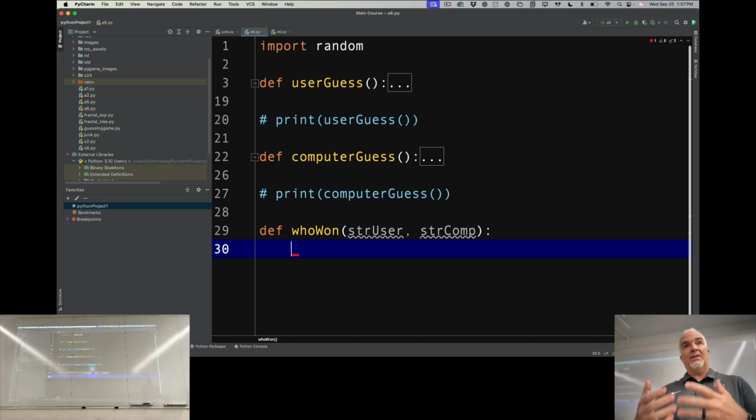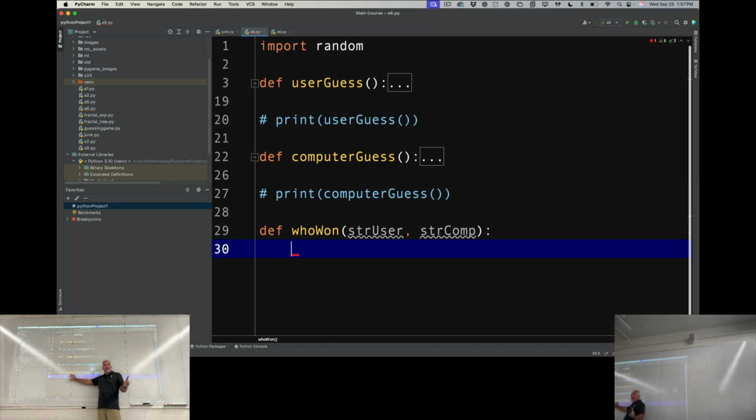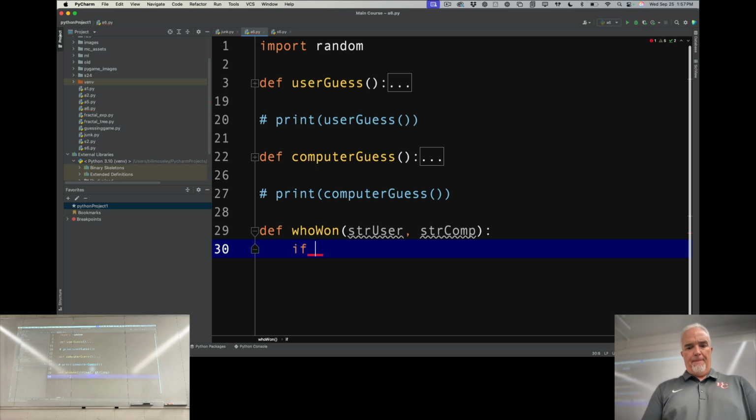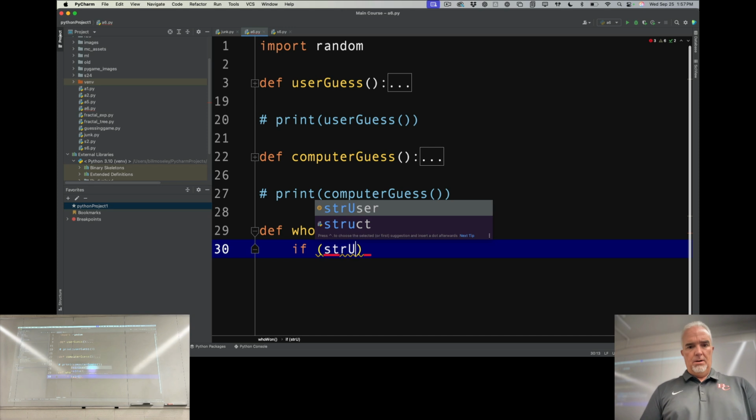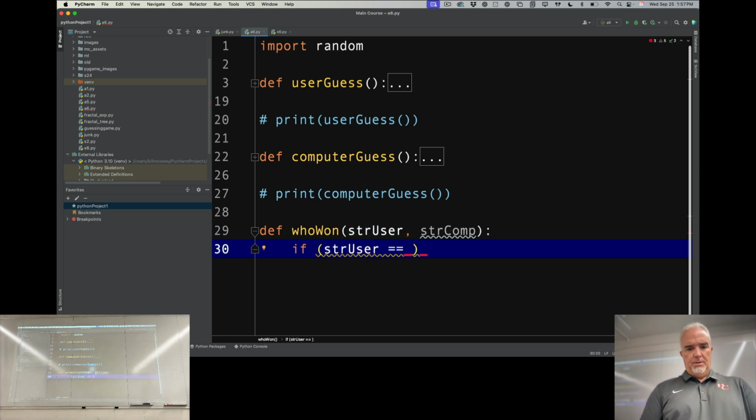So 2 inputs. What are we going to do with those inputs? First thing we want to check is see if they're the same, because if they're the same, we know it's a tie. So I'm going to have this return either a T for a tie, a U for user, and a C for computer. And then I can use that in my program to decide who to add the score to. So if str user is equal to str computer, then